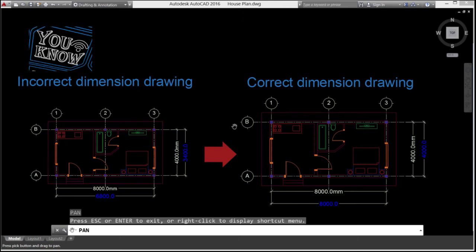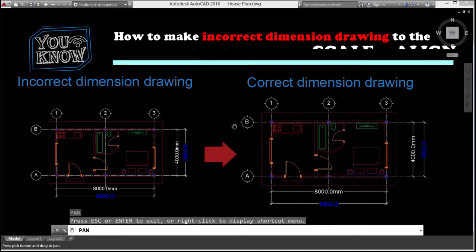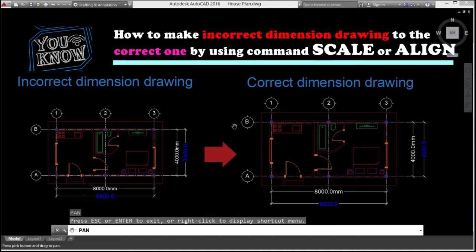Hello from channel. In this video, I will show you how to convert an incorrect dimension drawing to the correct one by using the command scale or align. Like you see, I will correct the incorrect drawing on the left hand side to the correct one on the right